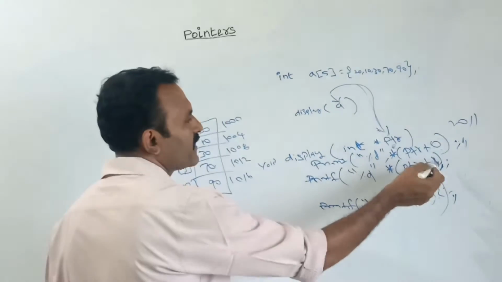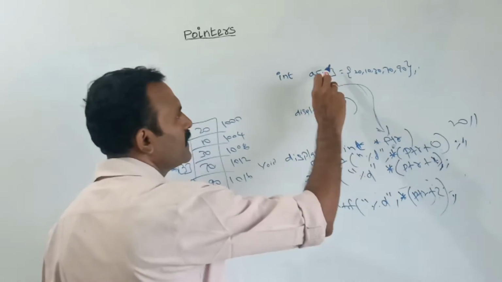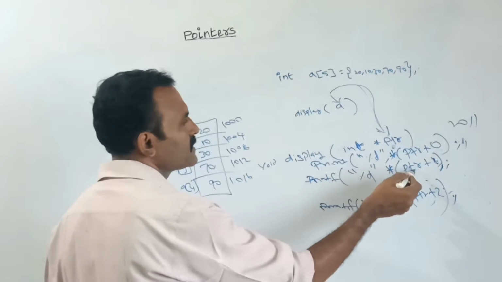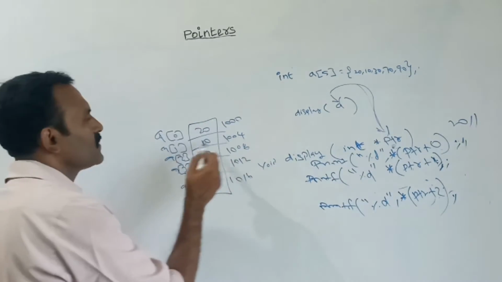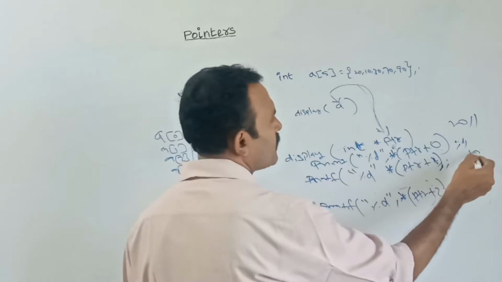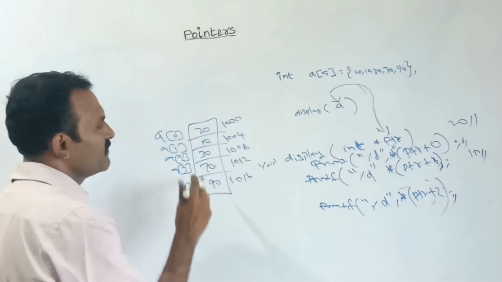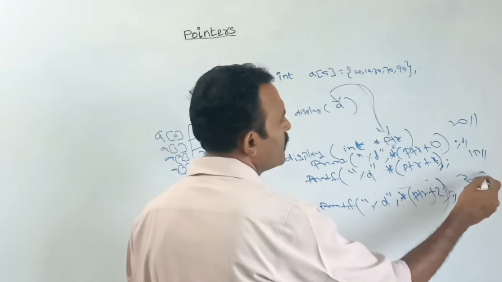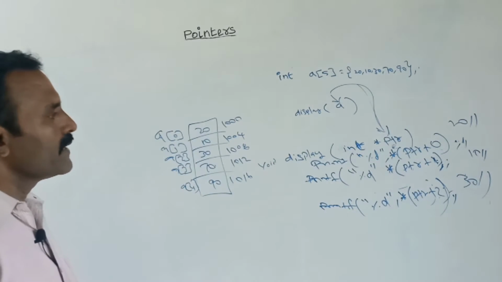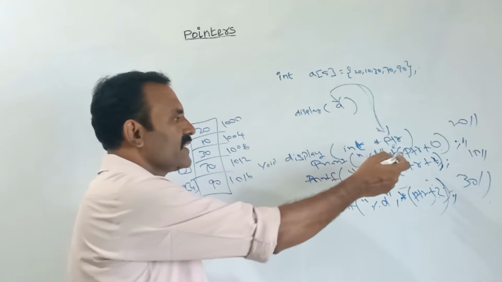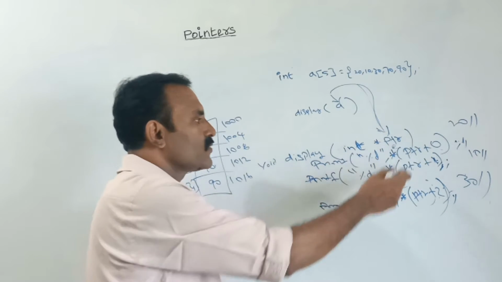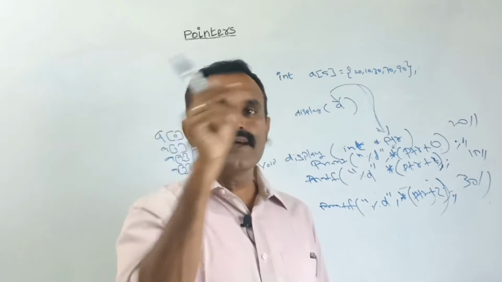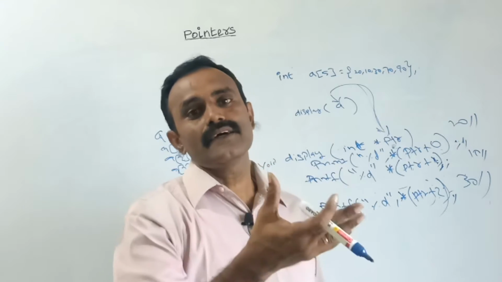Next one, here I am incrementing it by 1. Here 1 means each time it will be multiplied depending upon the data type. Here 1 into 4, 4. Next, the base address 1000 plus 4 is 1004. At 1004 what is the value? 10. So here it will print 10. In the same way, 1008, at the 1008 location the value is 30. So in this way, by incrementing this pointer variable, or otherwise by adding a number to the pointer variable, we can access the elements inside the array. Then we can print that element.